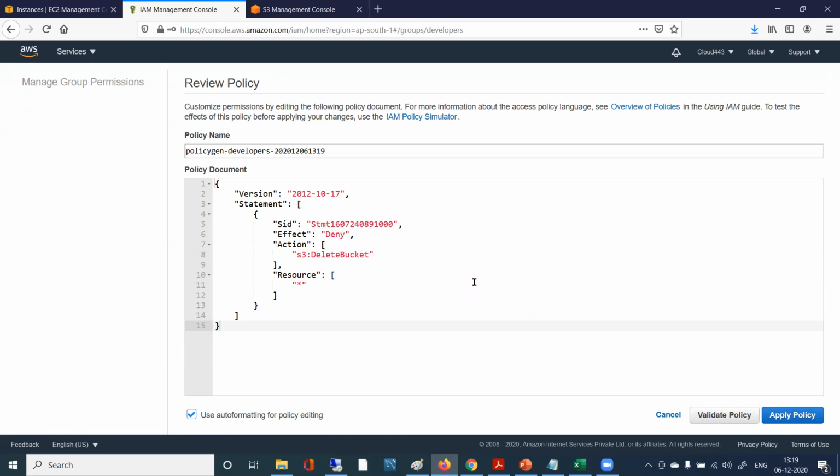What is written? Tell me. Just understand and tell me. Effect is deny, action is